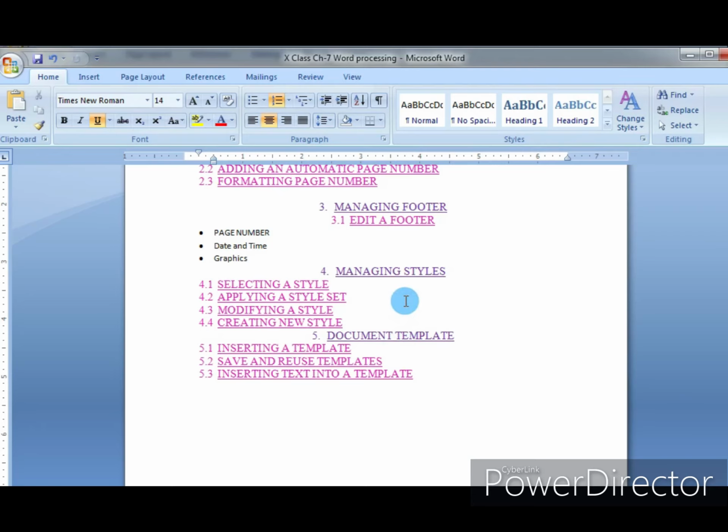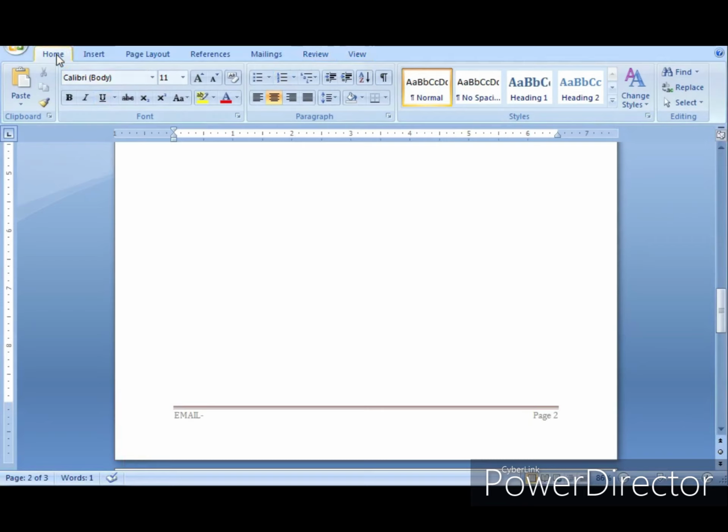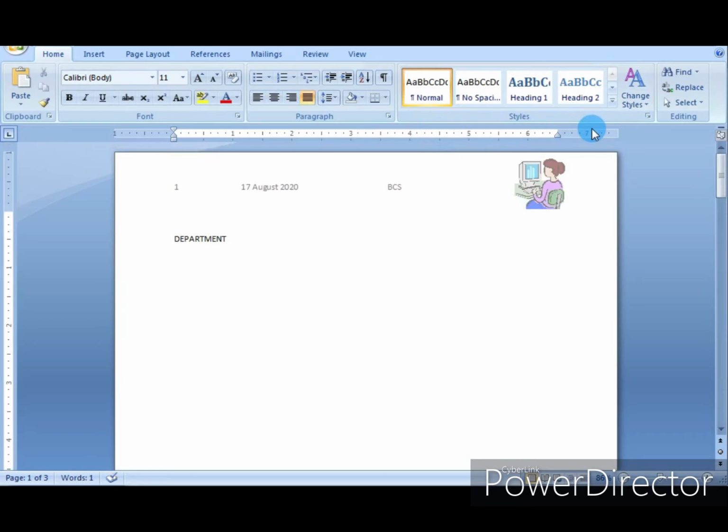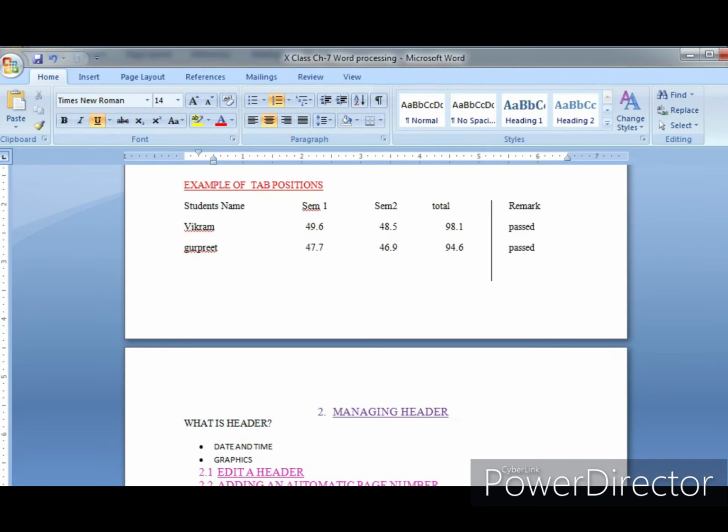Now come to the next topic, managing styles. Look at the home tab. You can see here the number of styles displayed in this style group. To work on styles, we have to add some text on the document.